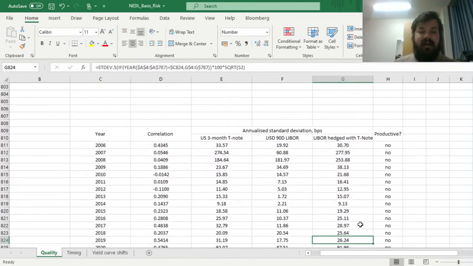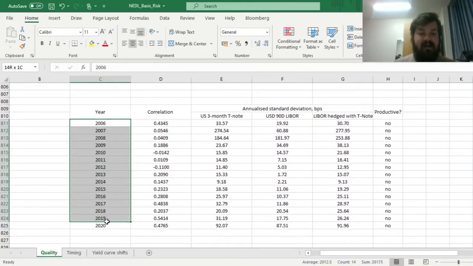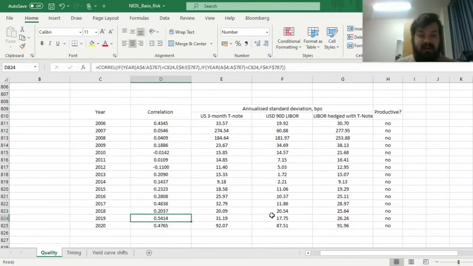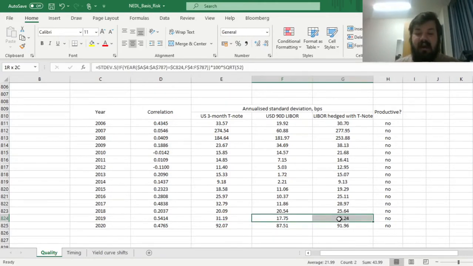And if we look at the dynamics throughout the years, we can see that in no single year from 2006 until 2020, such a hedge was productive in the first place, because the correlation is never that close to 1. The highest it is in 2019, when it is equal to 0.54, but even then, as the Treasury note volatility is quite a bit higher than the LIBOR volatility, our hedge is actually not productive, increasing our volatility by quite a lot. So it tells us how relevant the quality aspect of basis risk is,